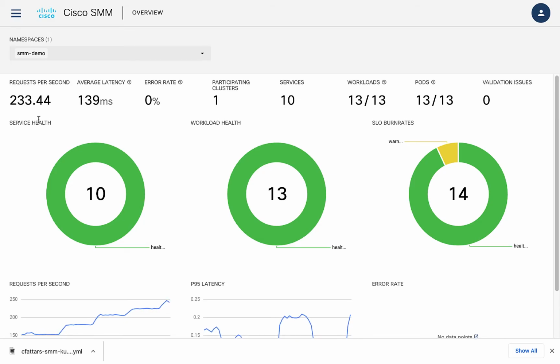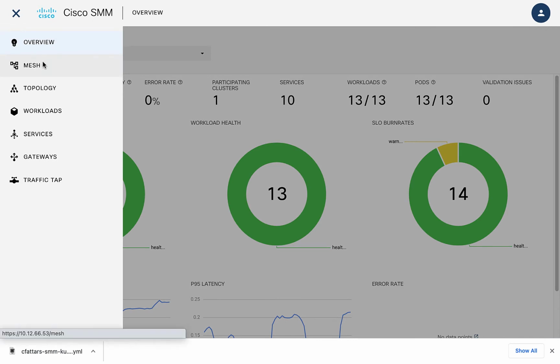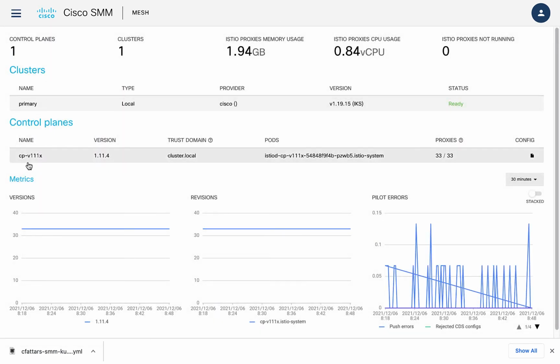After configuring service mesh manager, you can log into SMM. SMM is security hardened, 100% API compatible upstream Istio. We have added observability toolbox to make the DevOps life simpler. So let's start by looking at mesh management. Currently, I have 1.11 Istio control plane. If you have multiple control planes, it will come up here so that you can do a rolling upgrade of your application from one control plane to the other.